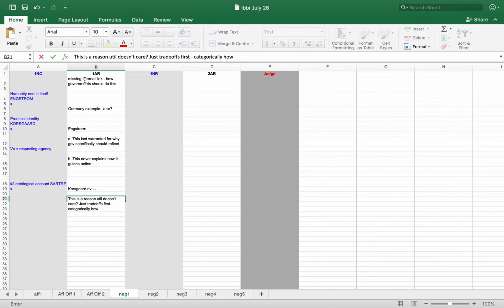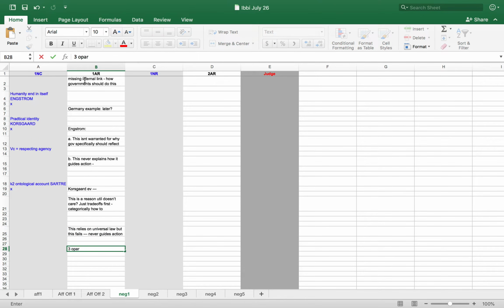B point. This argument relies on things like universal law and having a practical identity as to why we should do certain things. Universal law is uniquely bad and fails because it never allows us to guide action. Also, you can cross-apply the UPAR evidence here. It indicates that we have no static practical identity; it's fluid and always subject to change. Additionally, in the starter it said that we don't have a fixed person, but our paths are developed instead. But this argument doesn't have any implication.